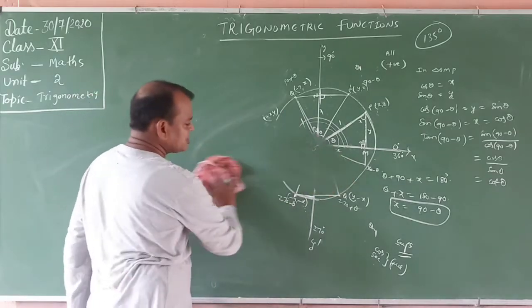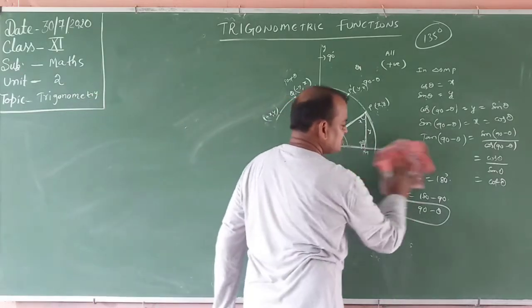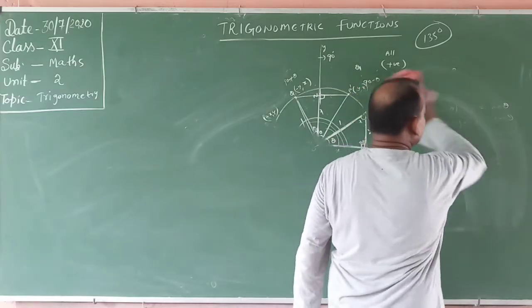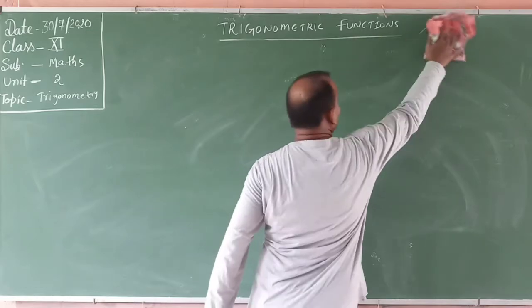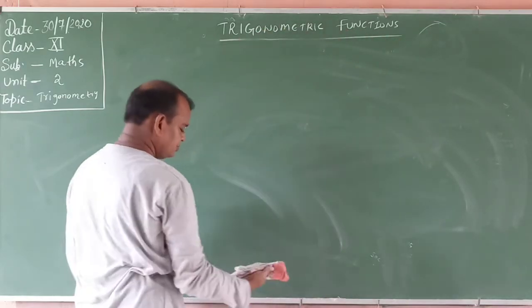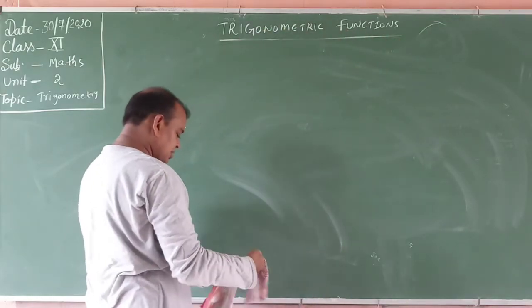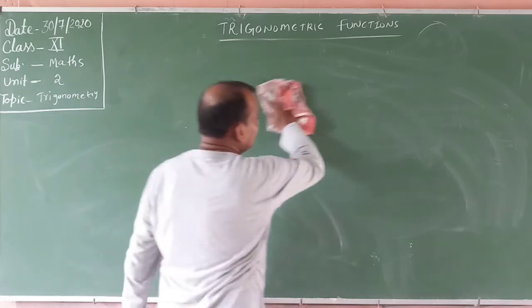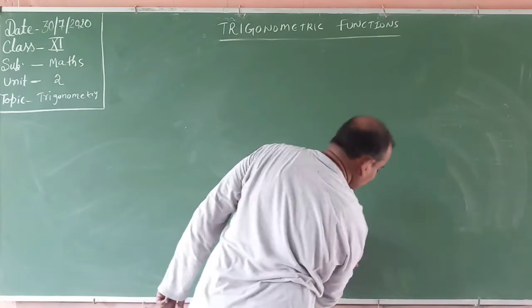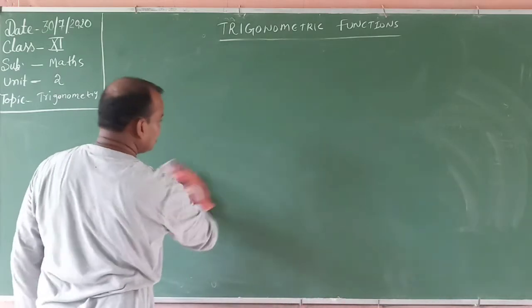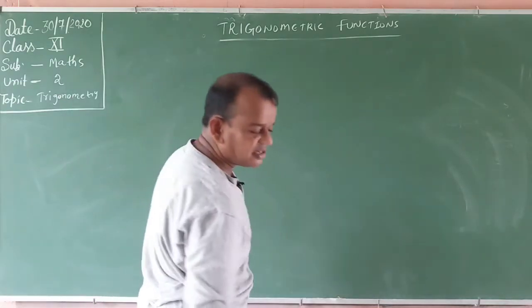I will write again, once again, each and every one, which angles are there in each coordinate. After that we will do every one. I will explain some tricks. I think most of the students understood. In this, first we remember the concept, and after that how to remember all these things. This is the important topic, otherwise we cannot do anything.